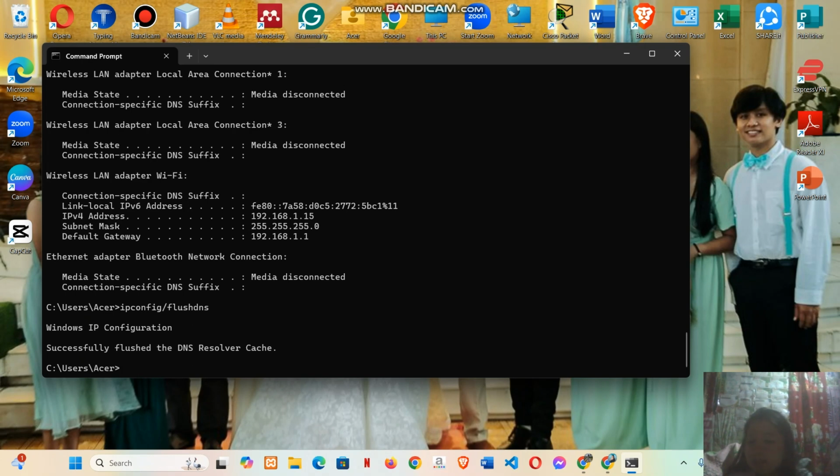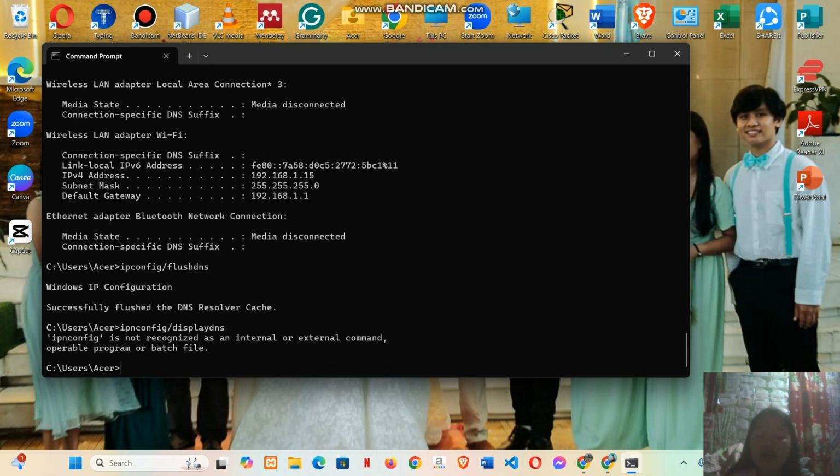Successfully flushed the DNS resolver cache. And then view the DNS cache. Just type ipconfig /displaydns. Enter. It says ipconfig is not recognized as an internal or external command.